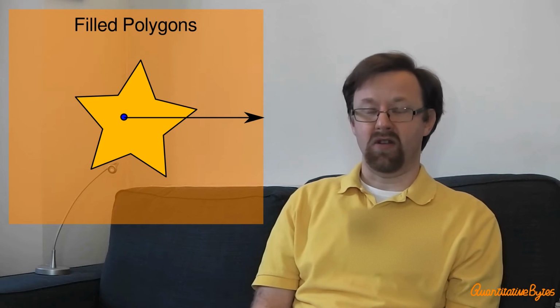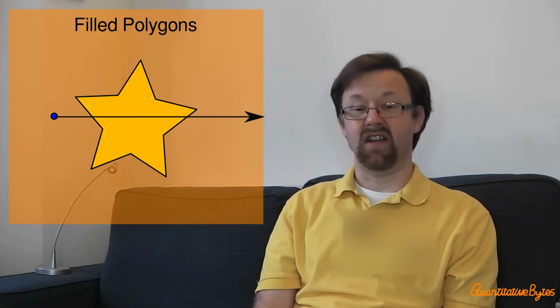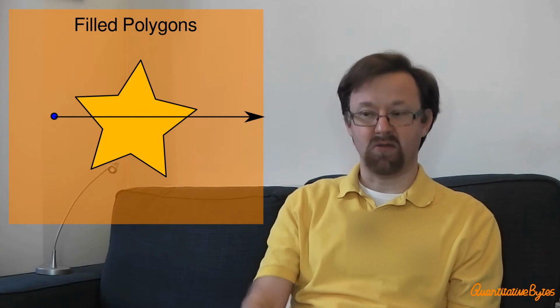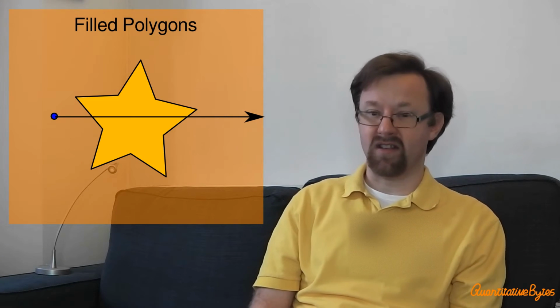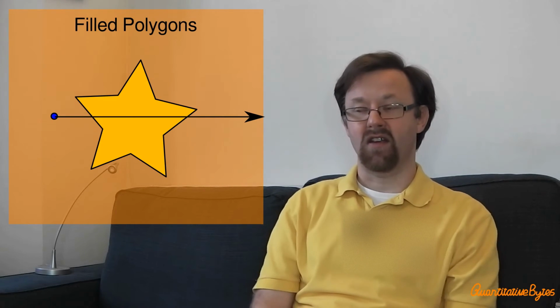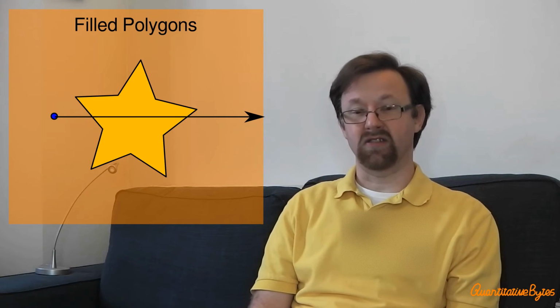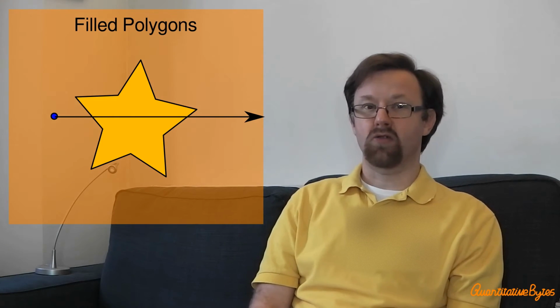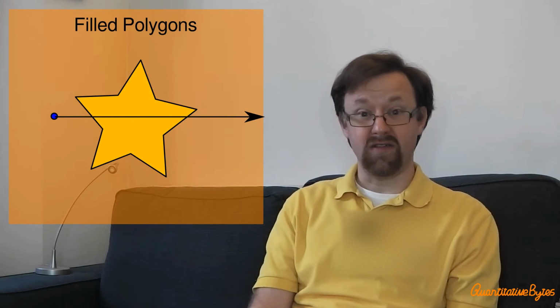If the point was outside the polygon, say over here to the far left of the polygon, then we cast the line in exactly the same way, but now we see it crosses the boundary of the polygon twice, obviously an even number of times. I'll leave it for you to work this out with pen and paper and explore it. But it works out that for any point that is inside any polygon, regardless of the complexity, convex, concave, whatever, if you cast a line out horizontally, that line will always cross an odd number of edges. And if the point is outside the polygon, it will always cross an even number of edges.